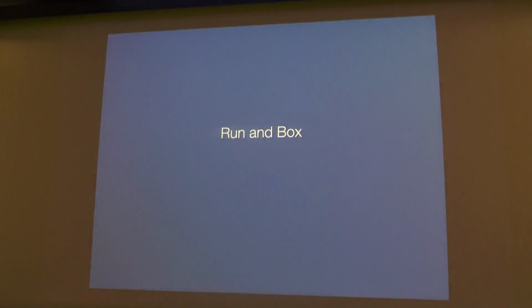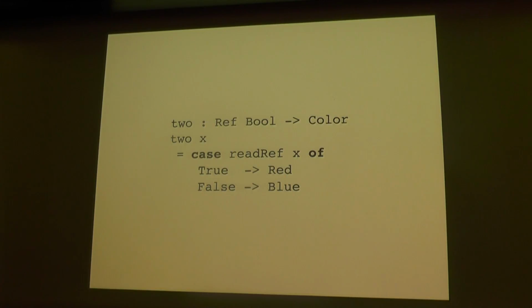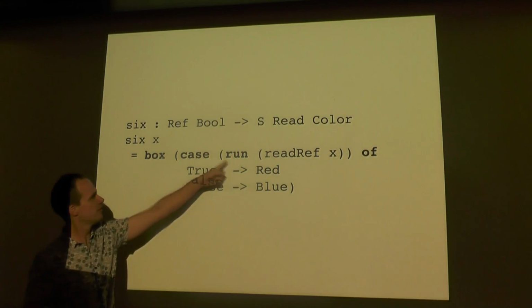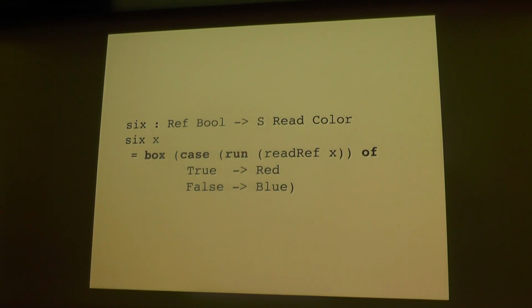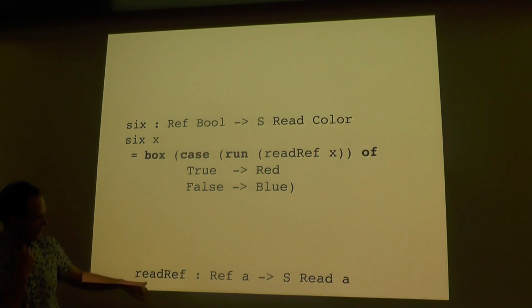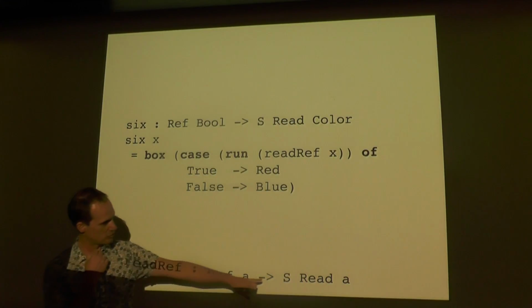So I'll show you a better way. So here's the original pure function that we had. And I'm going to introduce two new keywords, this run keyword and box. These are new keywords and primitives in the language. And I'm going to give readRef a new type. So instead of saying Ref a to IO a, now I have readRef has type Ref a to S read